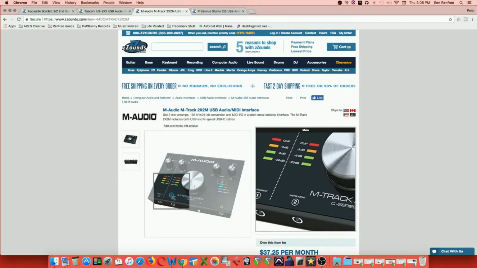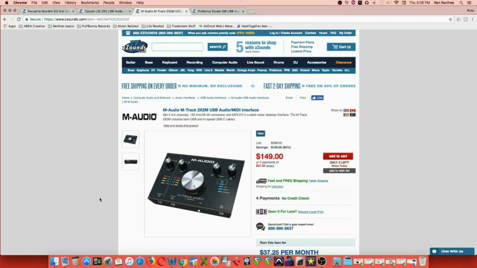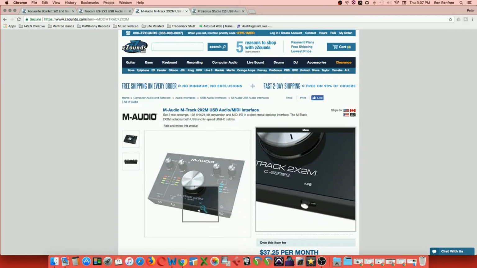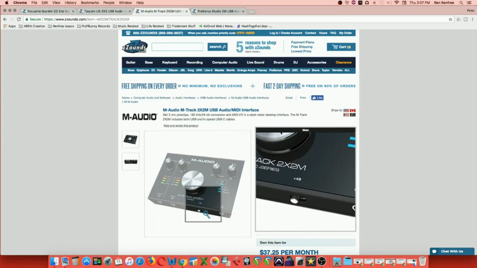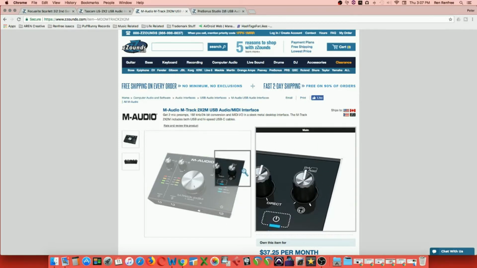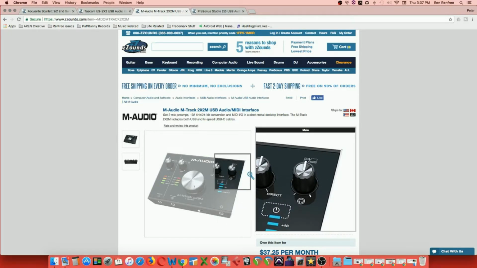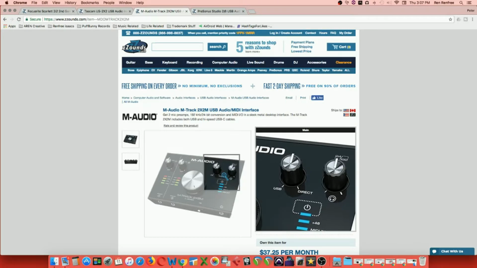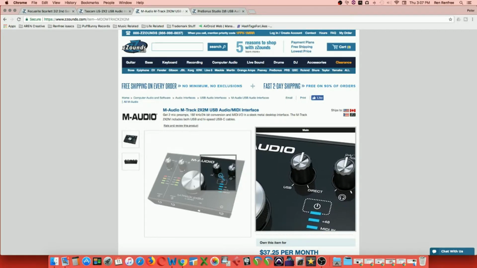This is a 2-channel input device as well. Let's look at what the functionality is here. On the front, you have a 48 volt phantom power switch. You have a headphone jack. You have a headphone level, and you have the same mix control functionality, USB to direct, that you do on the other 2 IOs. So you can mix your input from the box and the input coming back out of